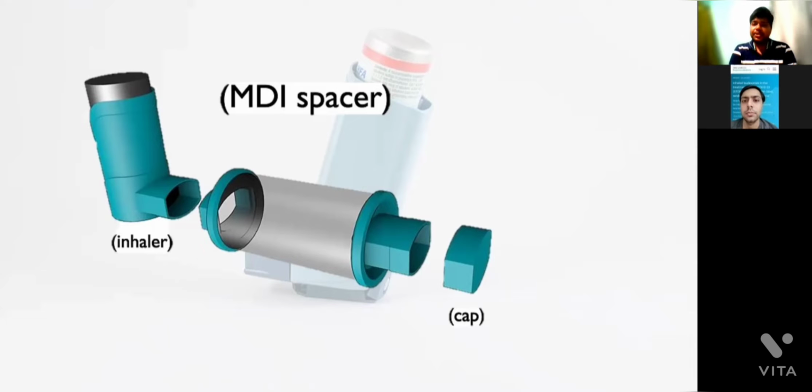So what is the use of a spacer? Basically, a metered dose inhaler with a spacer is recommended in highly infectious cases like COVID-19, when there is a high risk of aerosolization if you use MDI without a spacer. Or if someone, like an old patient, is unable to coordinate between pressing the canister and inhalation of the drug, he can just press the canister so that the drug flows into the spacer. Then he can slowly inhale the drug from the spacer. So this is the use of the spacer.